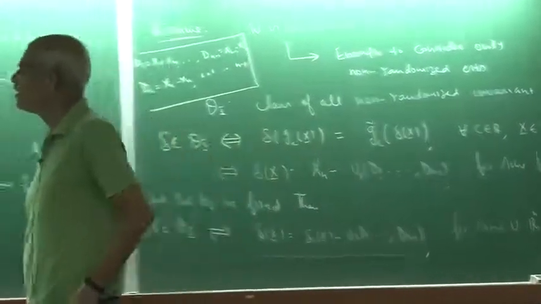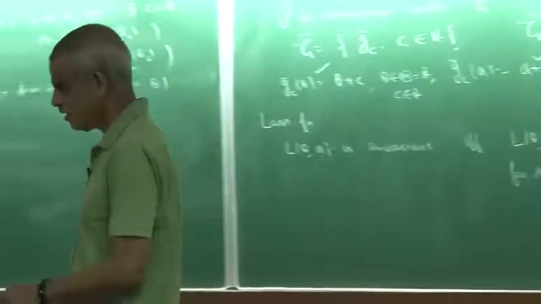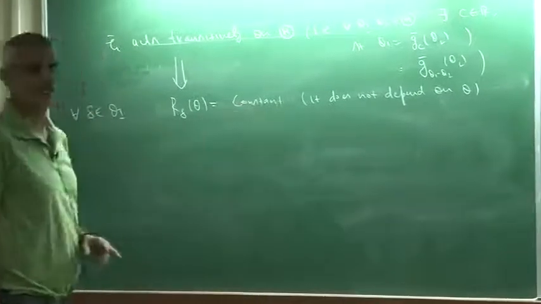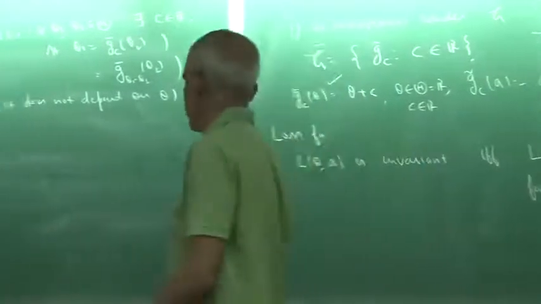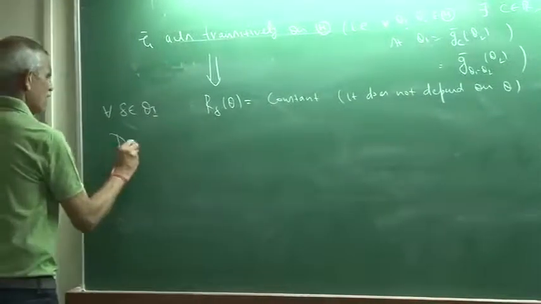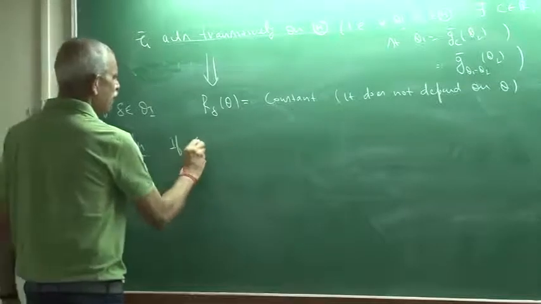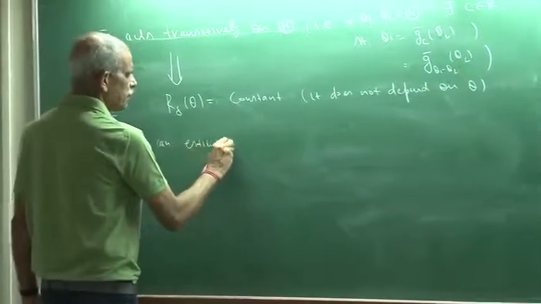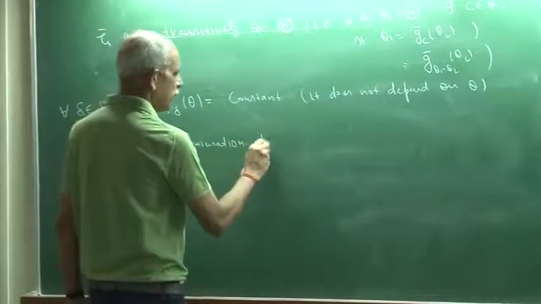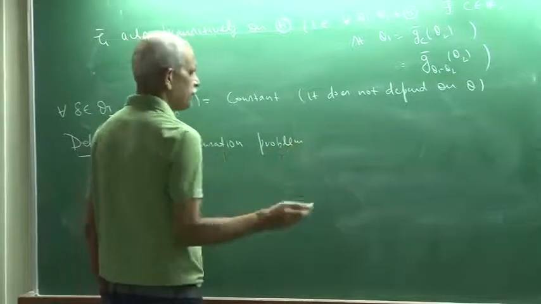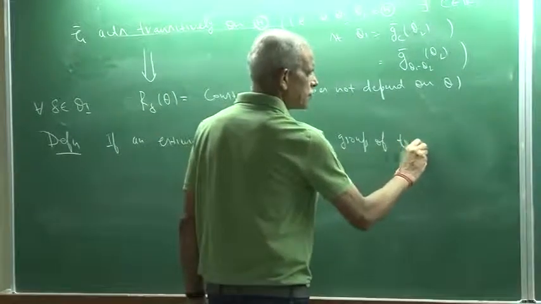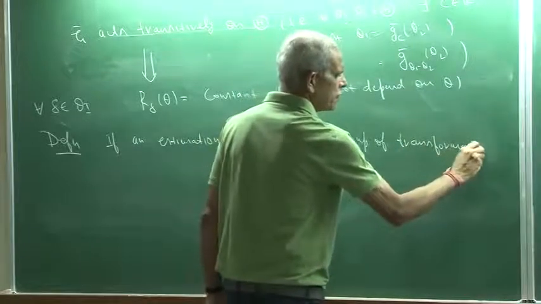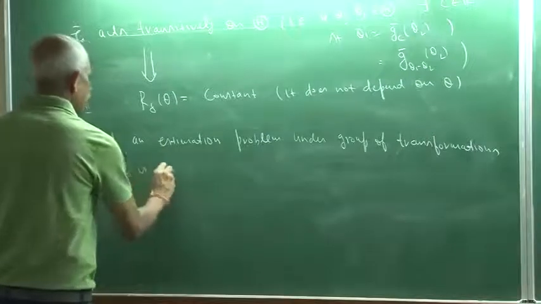So what I need to do is look at any invariant rule which minimizes the risk for every theta among all theta. In situations where R delta theta is constant and I am trying to look at the best invariant estimator, such an estimator is called minimum risk invariant estimator. So let me give a definition. If an estimation problem under a group of transformation is such that